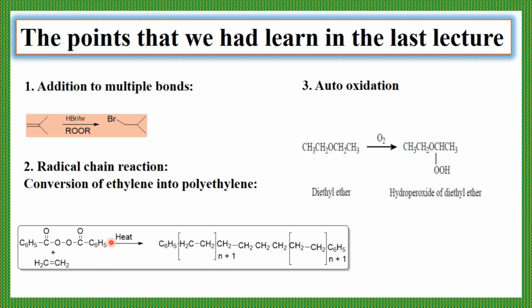Then in the second step, what happens, the free radical formed in the above step, that is your C6H5CH2 radical, adds to another ethylene molecule, and the successive addition takes place. The number of ethylene molecules add in this manner, and it results into the propagation of chain reaction. Then the number of your ethylene molecule adds, and it involves number of steps.